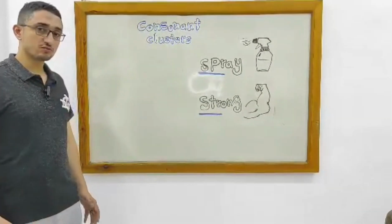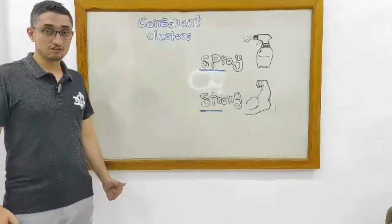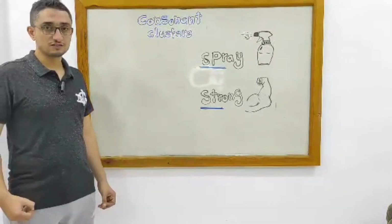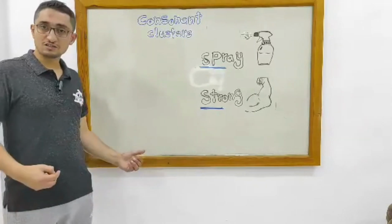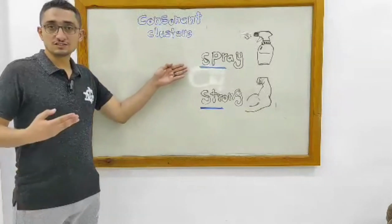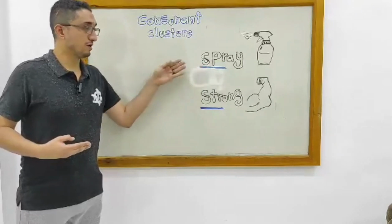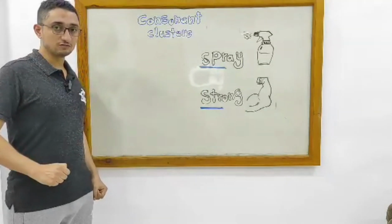Peering at these two words written on the board, we can see that either of them has a consonant cluster, and both of them consist of three consonant sounds. What about showing you how a consonant cluster is pronounced? Let's take the first word, and its consonant cluster is spr, a consonant cluster of three consonant sounds,